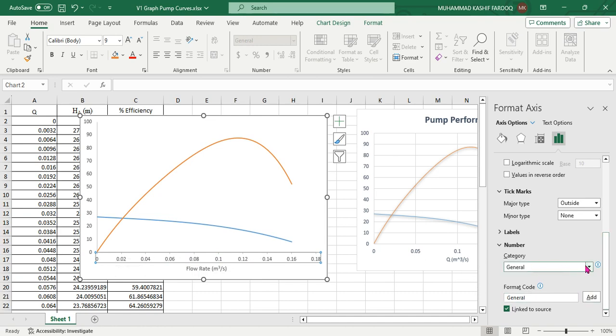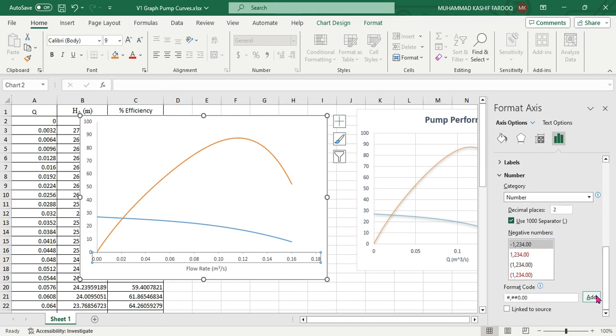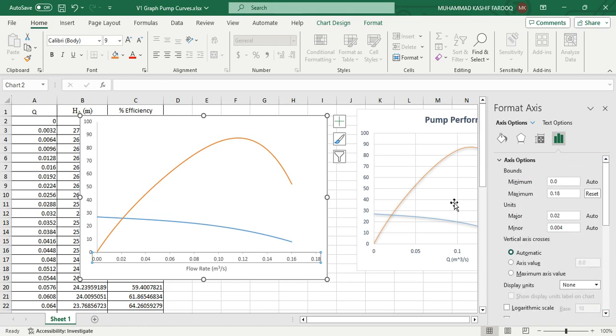So select the number in the category, and then okay, you see that there are 2 decimal places, so just keep it as it is, and then select okay, this is fine. Next thing is, I want to